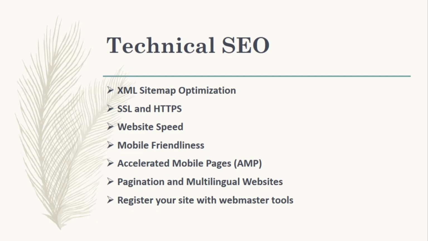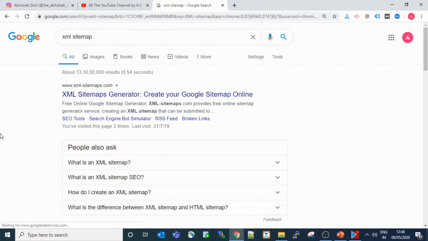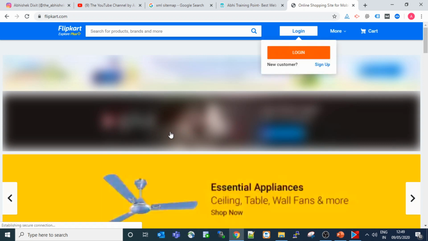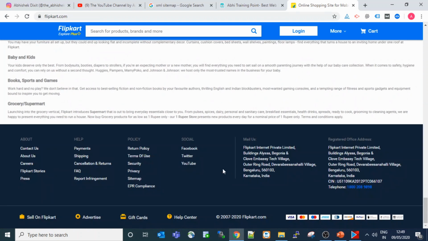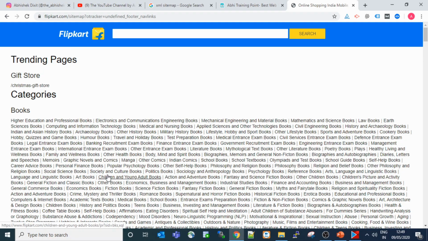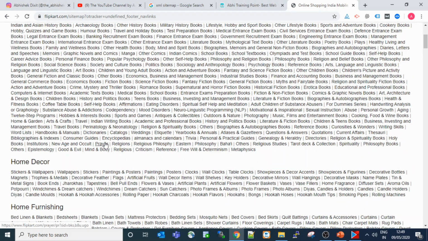So I'll just show you what an XML sitemap is. I hope all of you know about sitemaps. If I go to any website, let it be flipkart.com, and go down here, you will find a sitemap link. Once you click on this, you see all the links available.